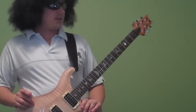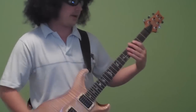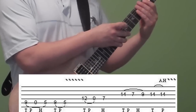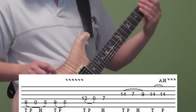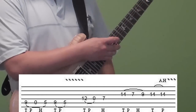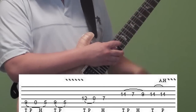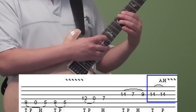Now this next section is pretty straightforward except for one part where I do that artificial harmonic. So you start by tapping onto the 9th fret of the A string, pulling off to the open A, hammer onto the 5th fret, tap onto the 9th fret, pull off to the 5th, apply a vibrato, then you move up to the D string, hammer onto the 12th fret, pull off to the open D string, hammer onto the 7th fret, and then you go up to the 14th fret of the G string, tapping, pull off to the 7th fret, hammer onto the 9th fret, and then when you tap onto the 14th fret,